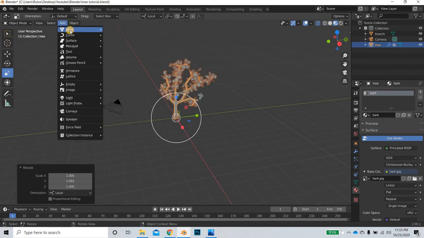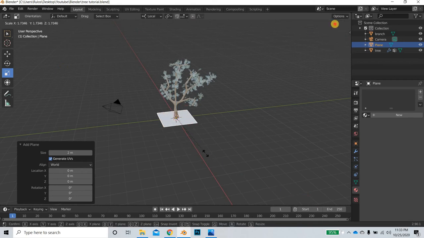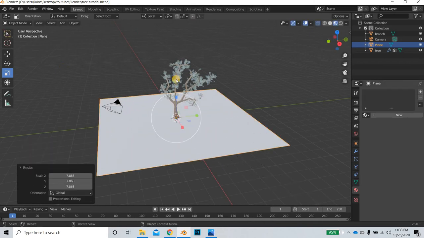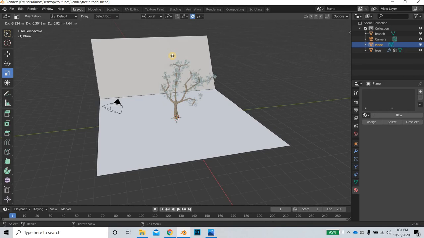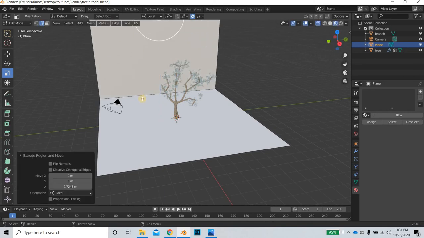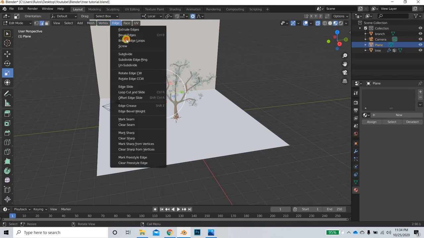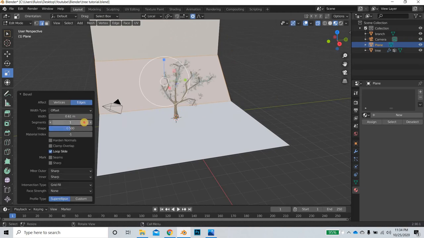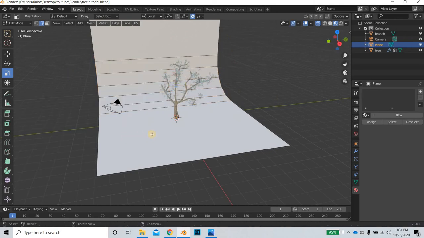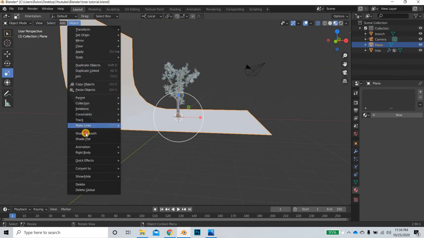Now we'll create a plane. Add mesh plane. Proportional editing is off so that you can scale this plane up. Tab to edit mode. Edge, select the edge. Extrude it up. Z to constrain it to Z axis and click. Select the edge, bevel the edge, add some bevel edges, tab, object, smooth shade,